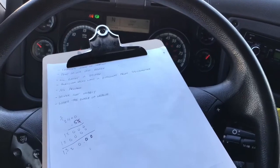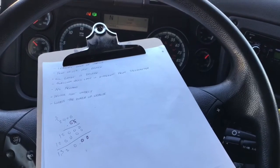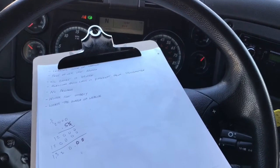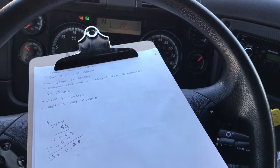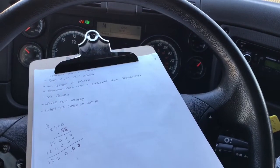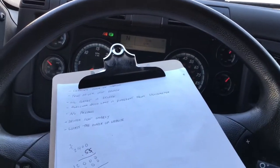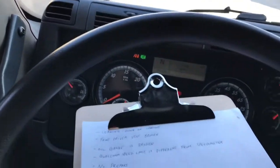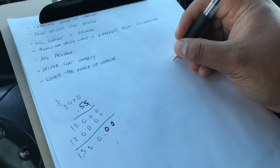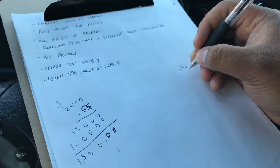In order for me to get to my next truck stop, which is where I really want to get to, it's going to be about 163 miles plus another 30, 70, 50, 80. So we're talking 240 miles from here. Now, the reason why I'm not using a calculator is because it's on my phone and I'm using my phone to record. So 240 miles is how far I need to get for the real, because that truck stop